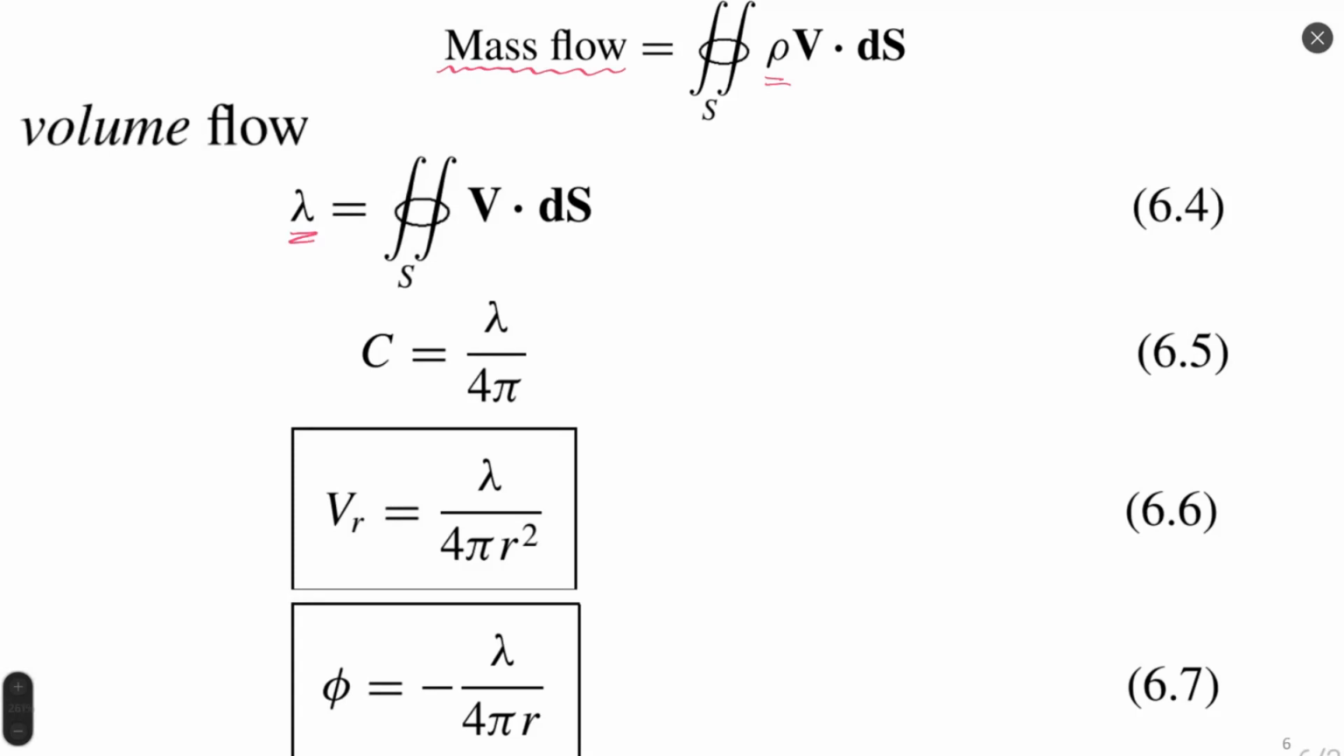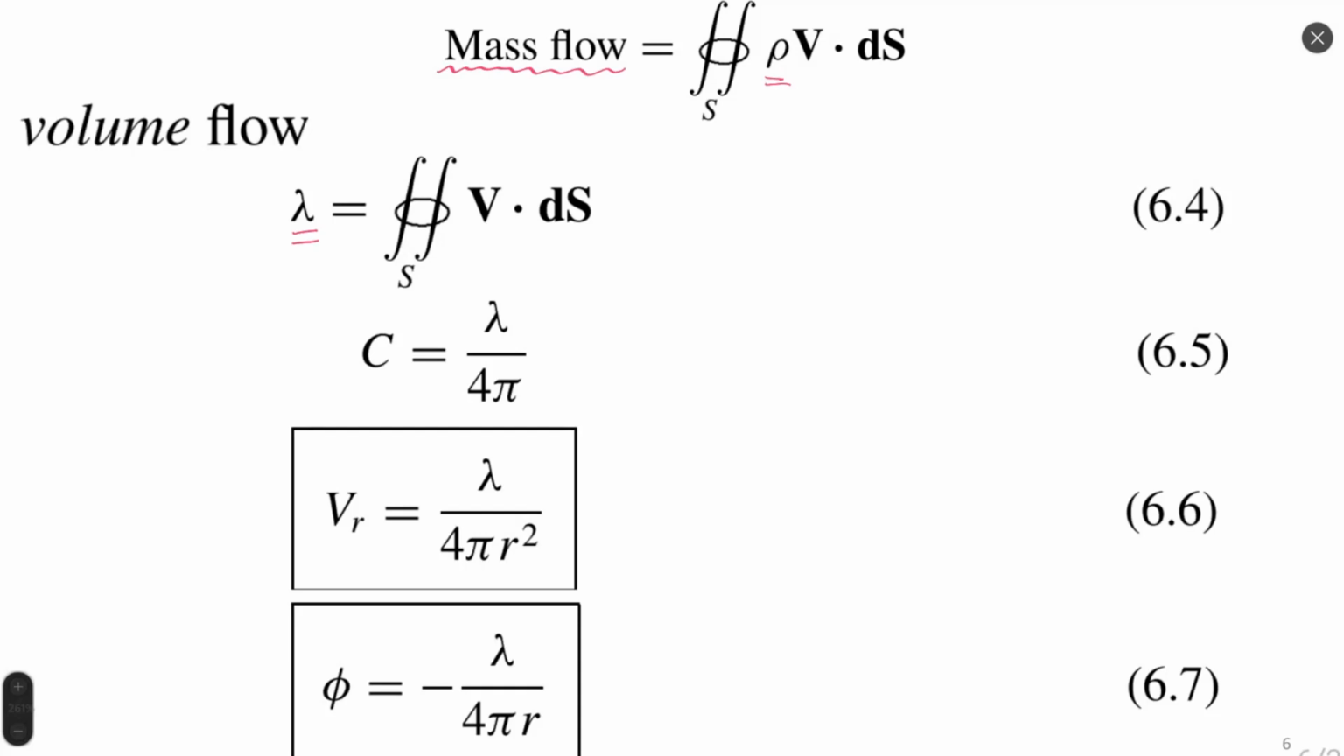lambda, where density is not present inside the integral since it's a constant value. So our constant C, the strength of the source, would be equal to lambda, the volume flow, divided by 4 pi, from this equation for a sphere. And substituting this